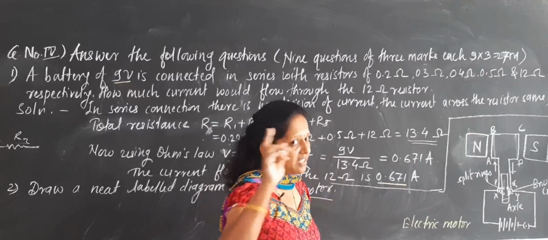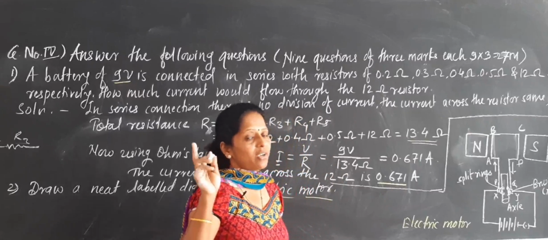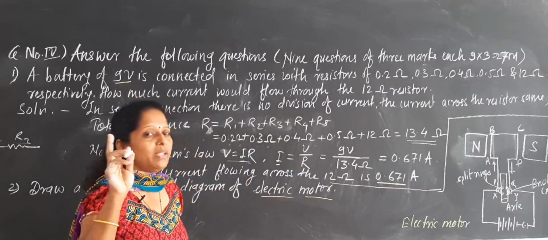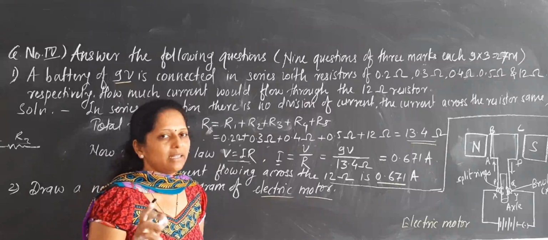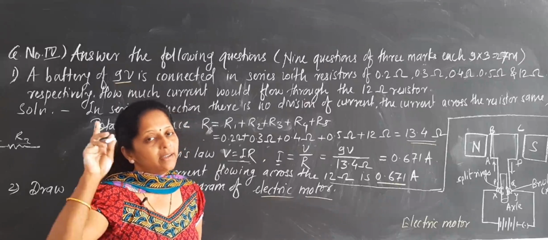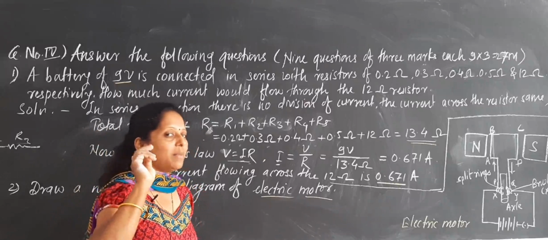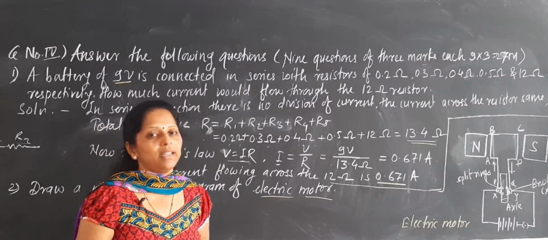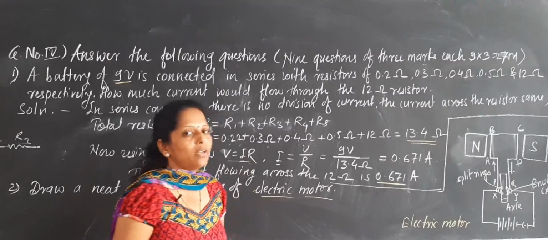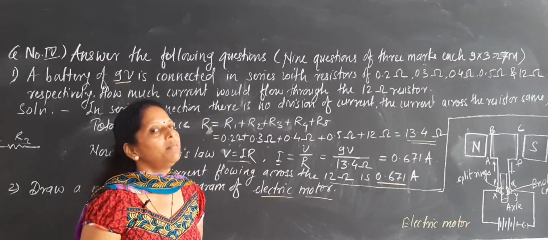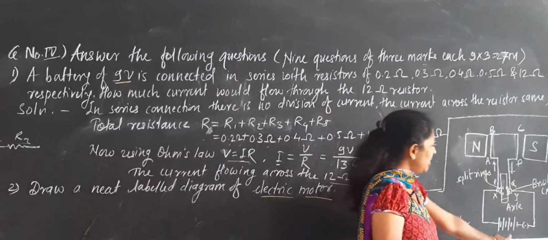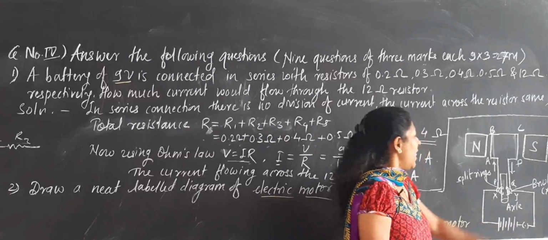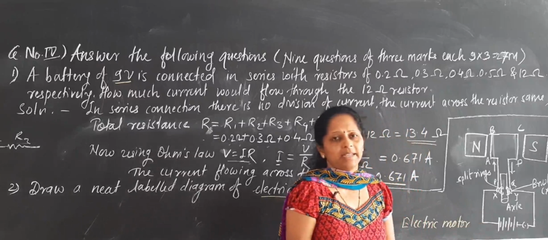And there is also the electric generator. What does electric motor mean? Through the electric motor, electrical energy is converted into mechanical energy, and in the electric generator, mechanical energy is converted into electrical energy. So here the electric motor converts electrical energy to mechanical energy. The electrical energy we are getting with the help of a battery, and there is production of mechanical energy